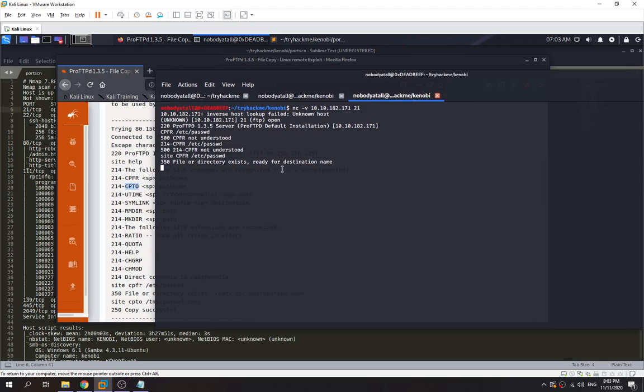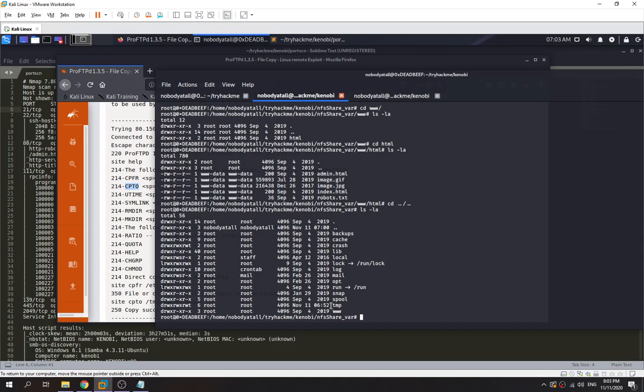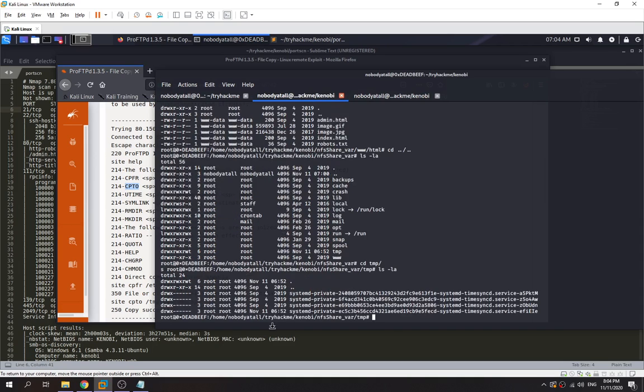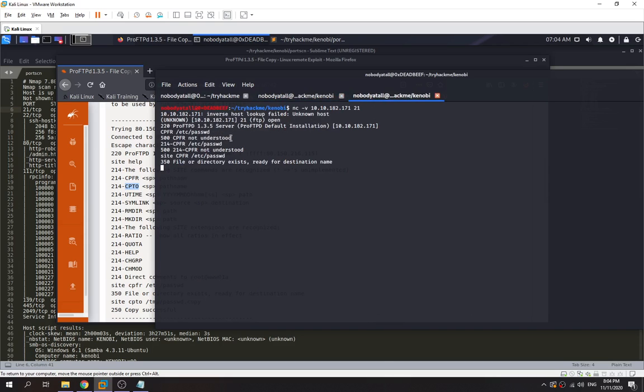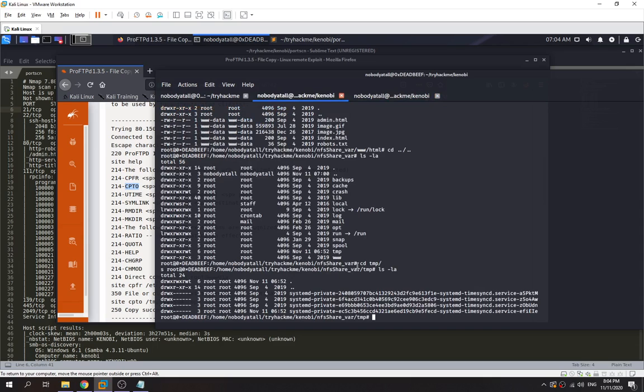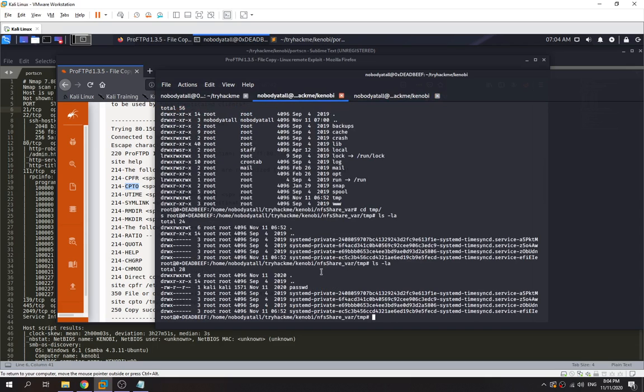So how can we do that? Try to place it inside the tmp over here. Go into the tmp. Okay, this one, we're going to place the /etc/passwd into the tmp. So how can we do that? We put SITE, okay, and we put CPTO /var/tmp/passwd. Okay, copy successfully. Refresh again, and we found our passwd. Now we try to read it,